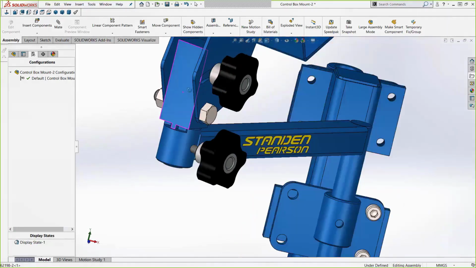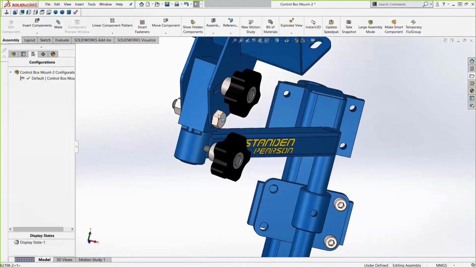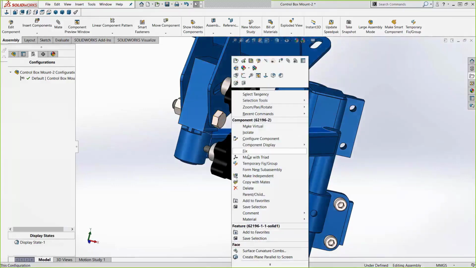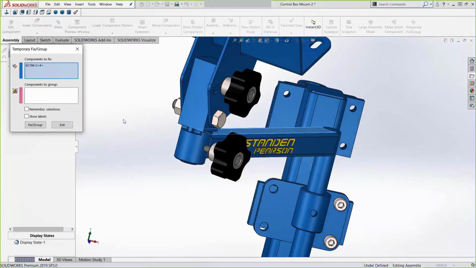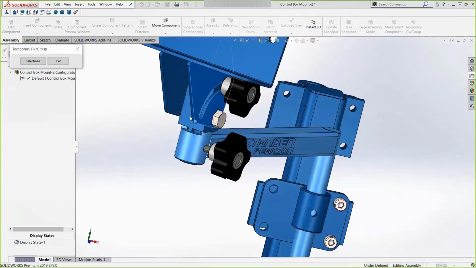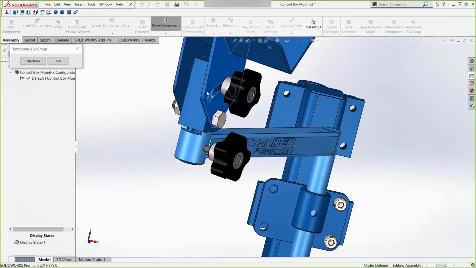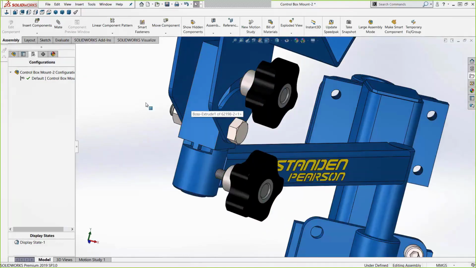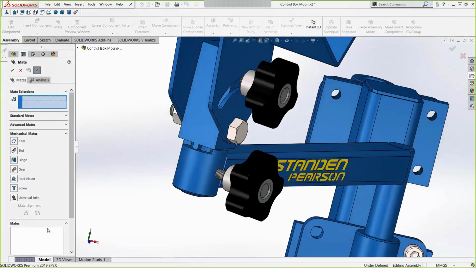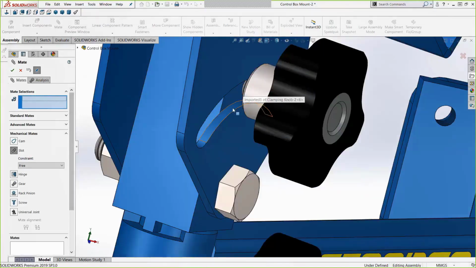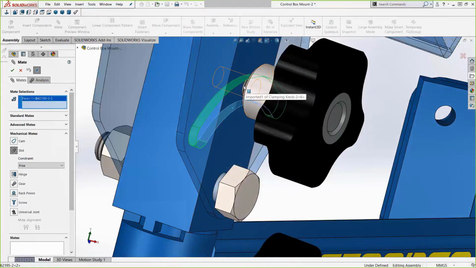All right, coming up here, the next mate option that we want to talk about is the slot mate. I'm going to do that temporary fixed group option again, just to lock down that arc there. We want to put that bolt within that slot. So we're going to hit our S key again to access our mates, and now down under the mechanical mates, we'll select our slot. It's going to select the face of the arc slot there, and then the cylinder of that